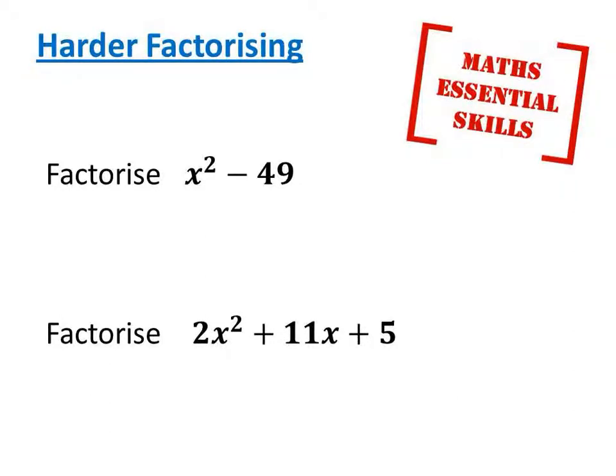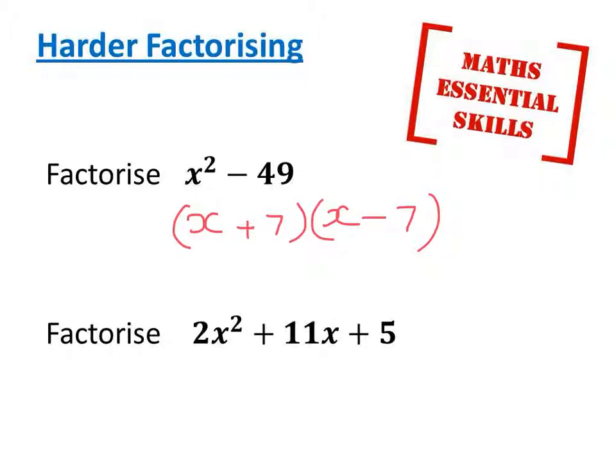The harder types of quadratics to factorise are ones which are in this format. The top one's a special case to spot, and this is where both parts of the expression are square numbers. It's a very common exam question, and we have to remember that x multiplied by x gives me x squared, and the square root of 49 is 7, and because I want a negative, it's going to be 1 plus